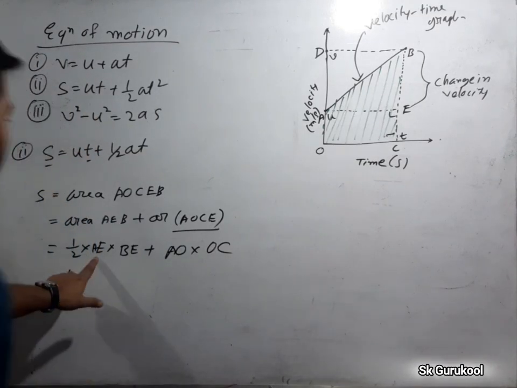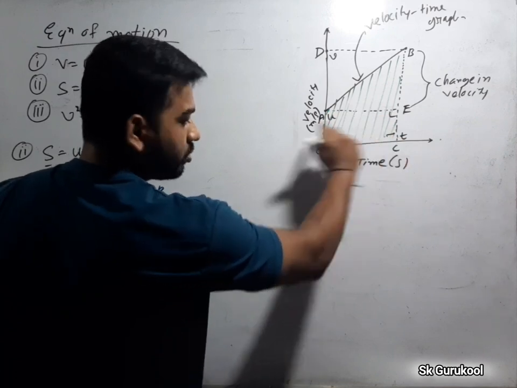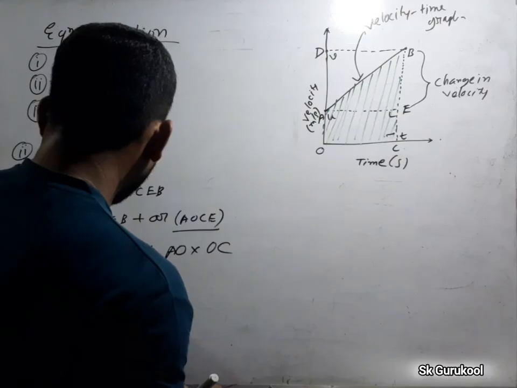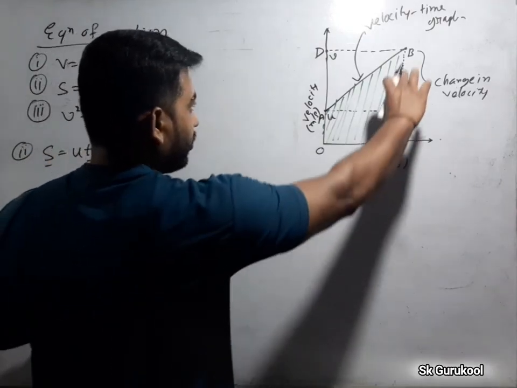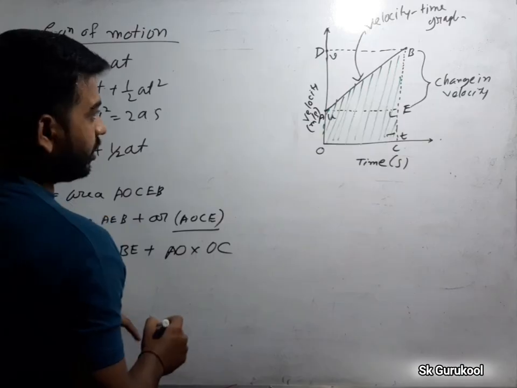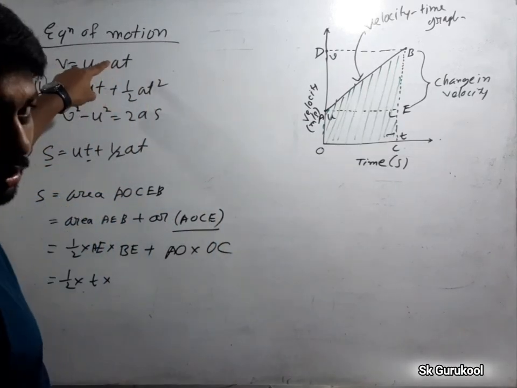Half into A. What is the value of A? You can see AE is equal to OC, and OC is what? The time taken T. So you can replace T here instead of AE. And BE, what is BE? BE is what? When we prove this one, we have got v equal to